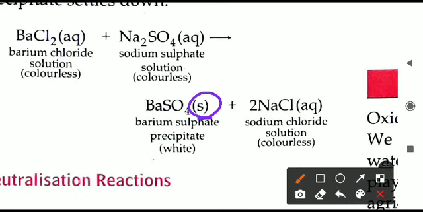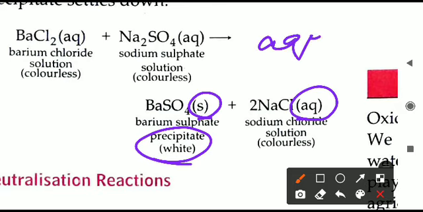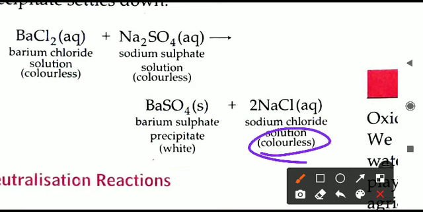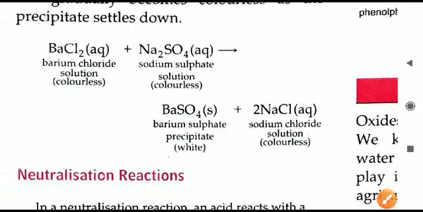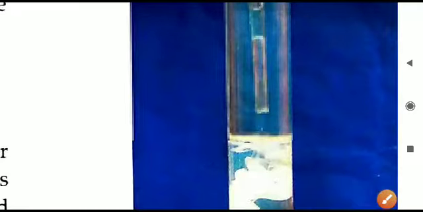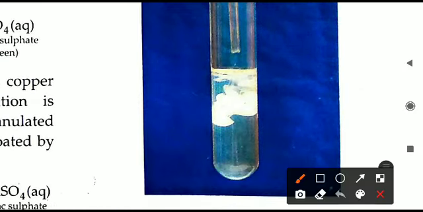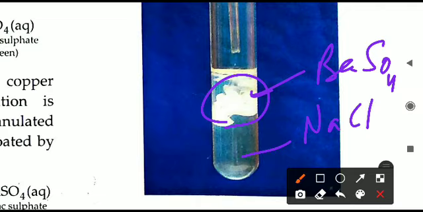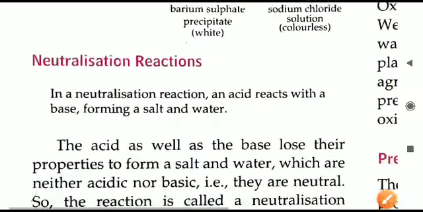Again in this bracket you can see S is written, that is, it is a solid precipitate which is white in color. The remaining thing you can see here in another bracket is aq, that is aqueous. Aqueous means looking like a solution in water only, that is why it is colorless. Aqueous is a liquid form only. So that is how you can see a white precipitate will form. A thick precipitate of barium sulfate, BaSO4, will form. And the second thing being produced here, that is colorless in this reaction, is NaCl, sodium chloride, which will look like a colorless solution, like water.